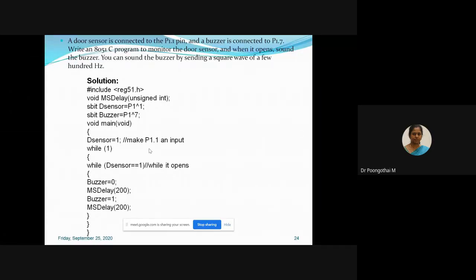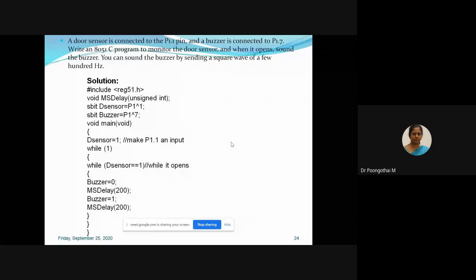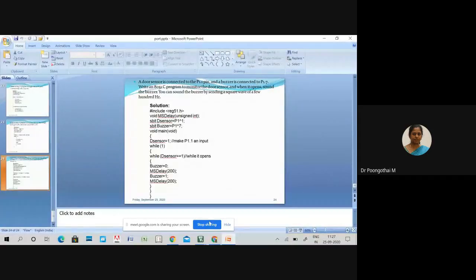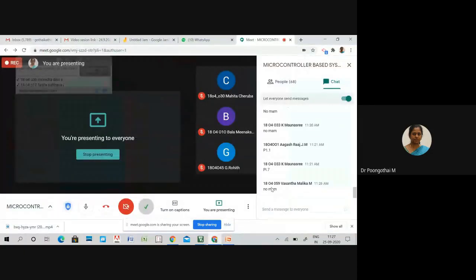Please note down the solution. Any doubts in this program?